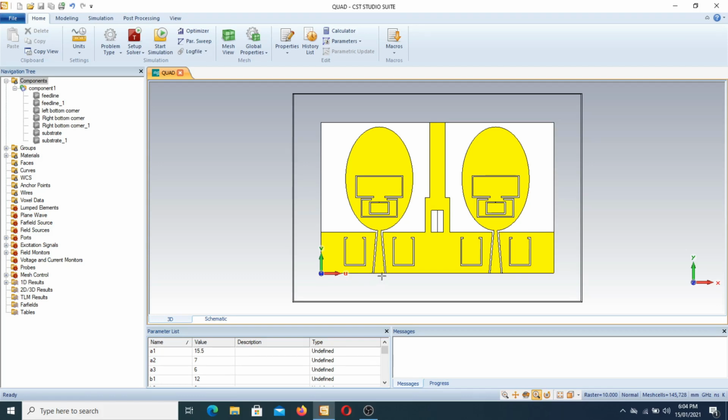We have a feed line from this position and also another feed line from this position. It means that we have two different patches which are fed with two different feed lines, so we have to place two different ports on the antenna. This is the MIMO antenna with tri notches, or you may also say it is a quad notch UWB antenna with MIMO characteristics.